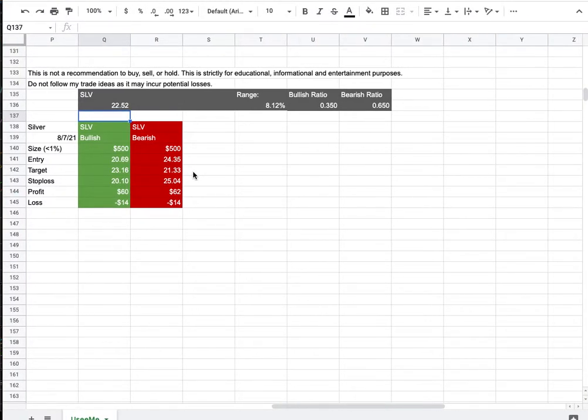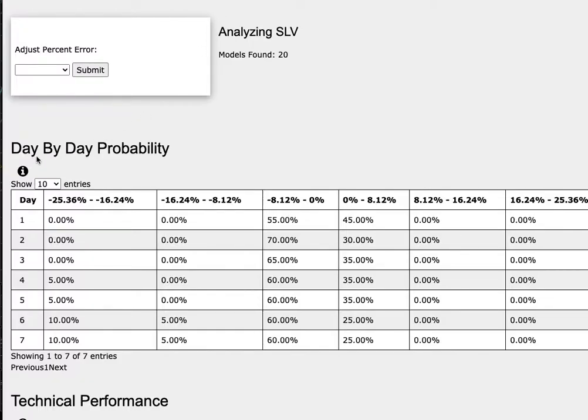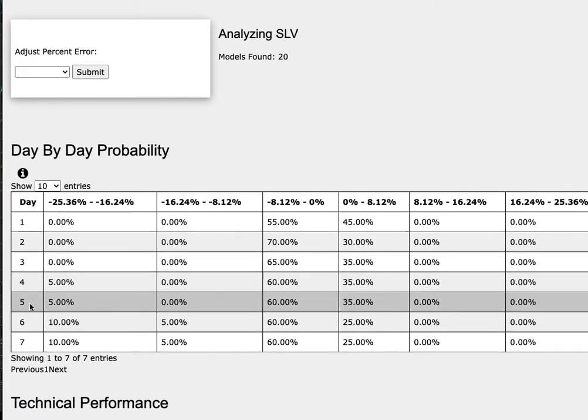So how did I develop these trade ideas? It all comes from the day-by-day probability model. As we progress to the 5th day or week of trading, silver futures has a 35% chance to climb between 0 to 8.1%, and to the downside a 60% chance to fall between 0 to negative 8.1%, and a 5% chance to fall between negative 16.2% to negative